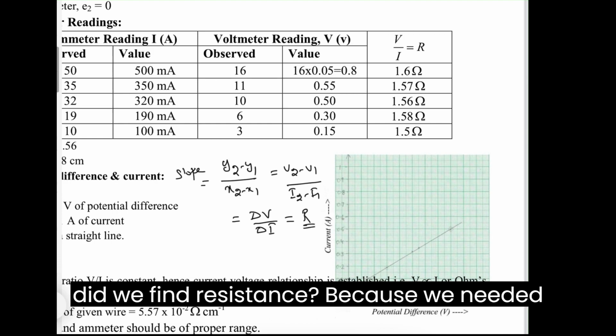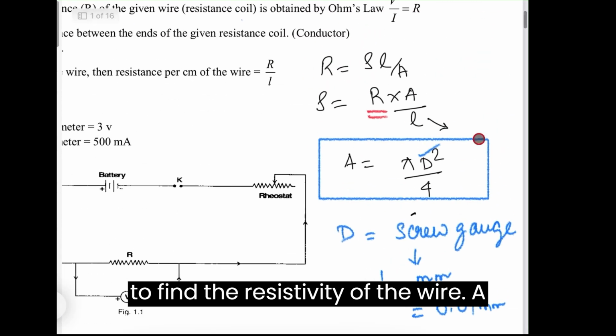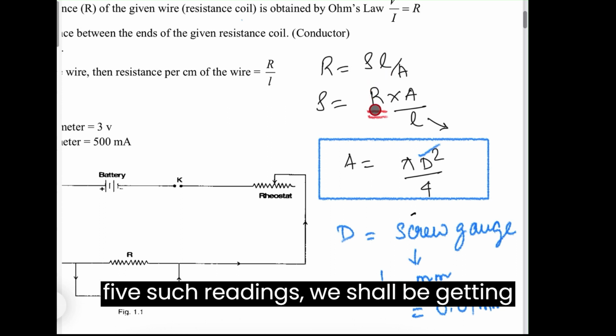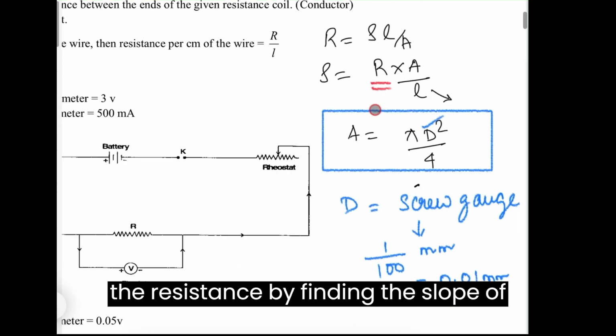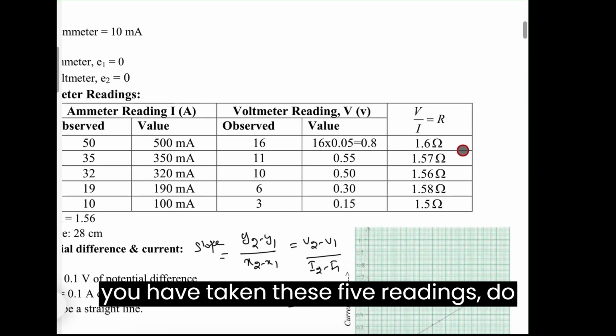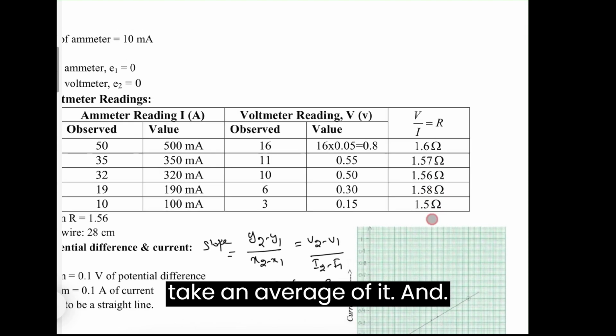Why did we find resistance? Because we needed to find the resistivity of the wire. A was found out, L was found out, and by plotting the V versus I graph, by taking 5 such readings, we shall be getting the resistance by finding the slope of it. Also, when you have taken these 5 readings, do take an average of it